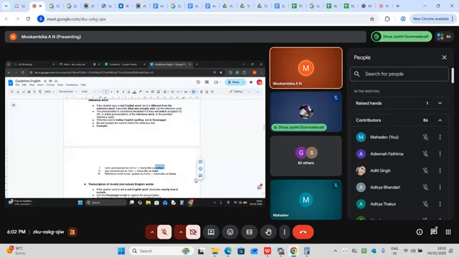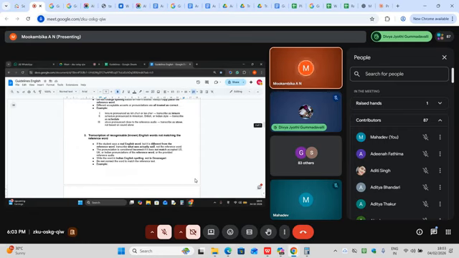Okay, so for another example, man is the word. But because of a mistake, the person might say main. So you have to transcribe it as main. Main only you have to transcribe. Then house is the word, and the person might be telling it as horse. So you have to transcribe it as horse only. Okay, like this only you have to transcribe. So this is for the English option.